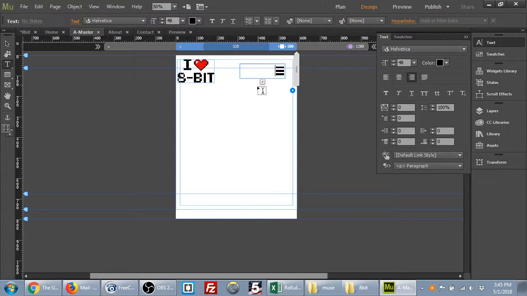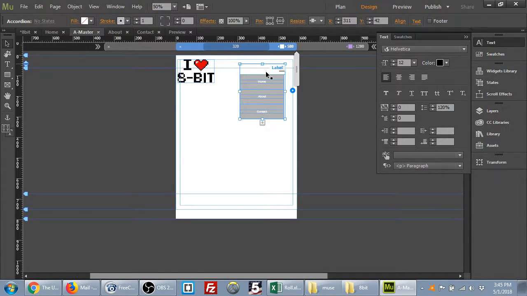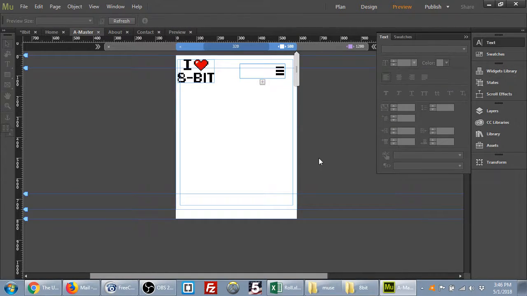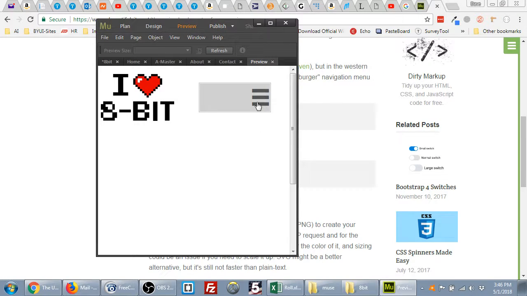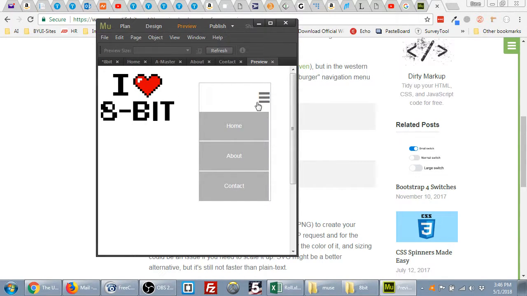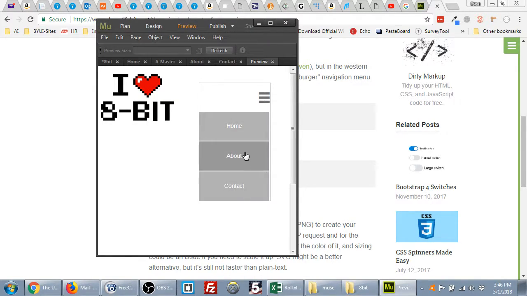Heck. I don't know why it didn't stay like that. But anyways, now we're kind of getting what I want here. Now it kind of looks like that. Now when I preview, yeah, we're going to have to play with some stuff. But you are at least starting to get that effect of a hamburger menu icon